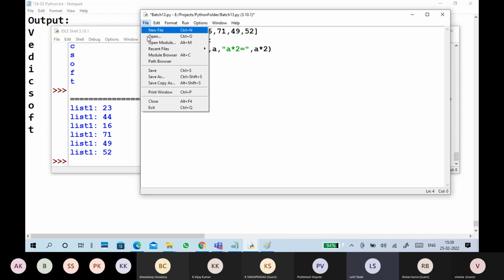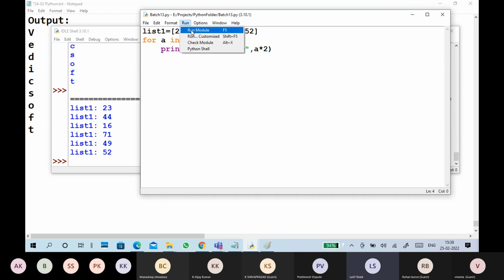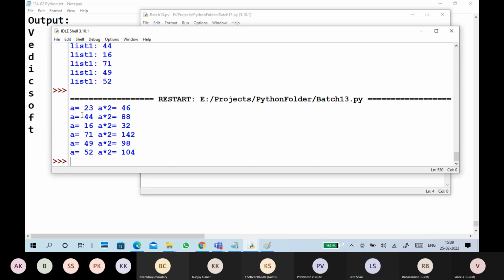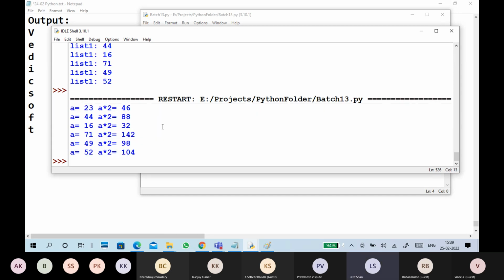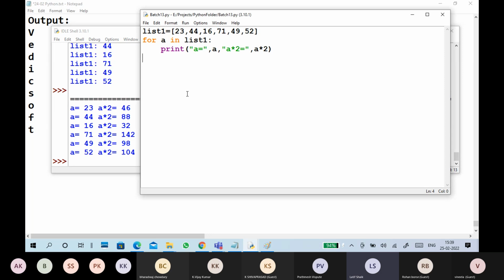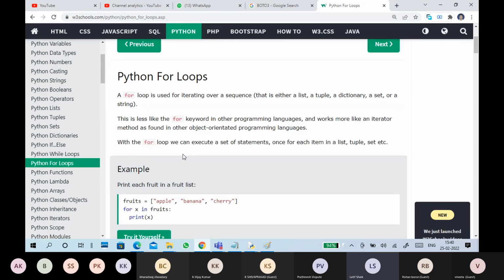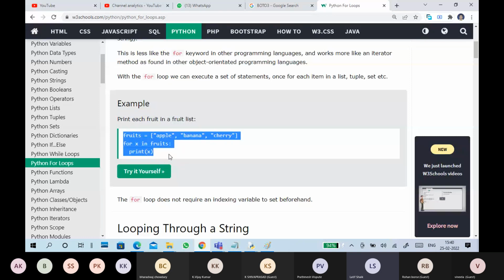So this is a variety. Save, run, see: the a value and the multiplication value. Okay, like this you can use it. This is the basic Python for loop. Let's understand how the for loop works.